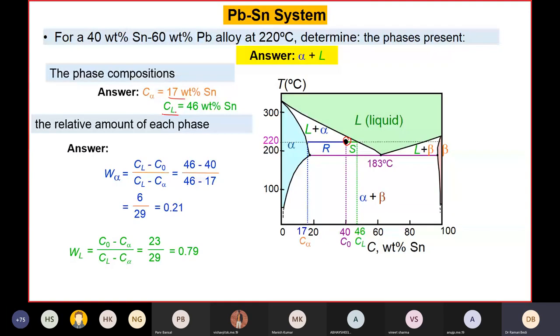So tie line जो है वो एप्लीकेबल है in any two phase region. वो लिक्विड सॉलिड भी हो सकता है, दोनों सॉलिड भी हो सकते हैं. हमने दोनों सॉलिड में लगाई थी अभी यहाँ पे अल्फा एंड बीटा में. अभी आयरन कार्बन में हम सॉलिड में भी लगाएंगे इसको बार बार कि how to use tie line in a two phase solid region. So the same example which I just answered is explained here in this